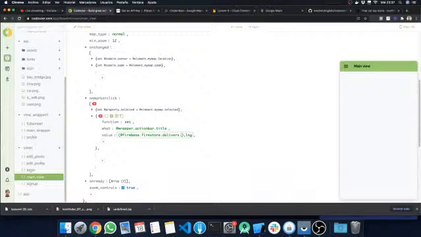So dot, and for the ID I'm going to use parentheses again and add property dot selected. Okay, so this is going to be the ID of the selected marker,